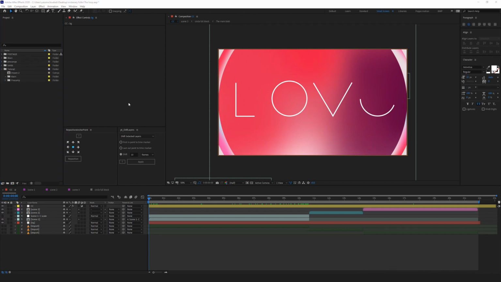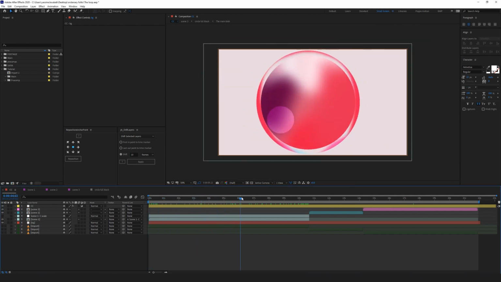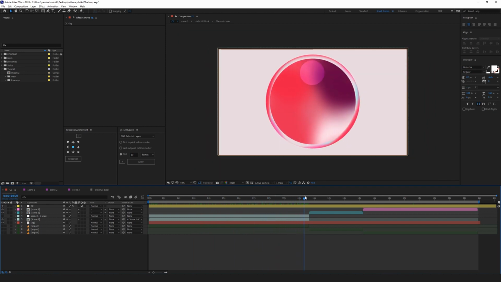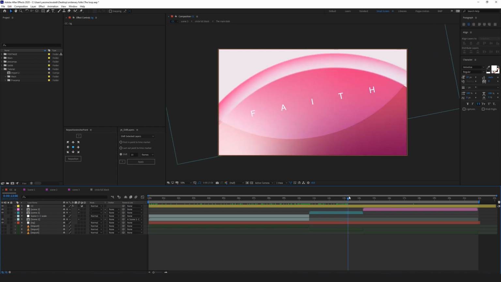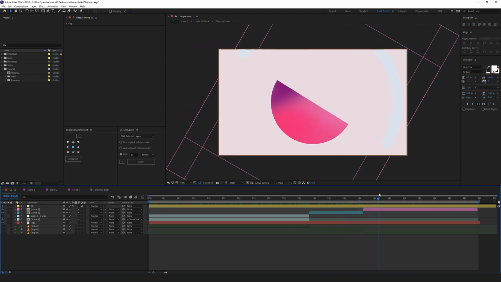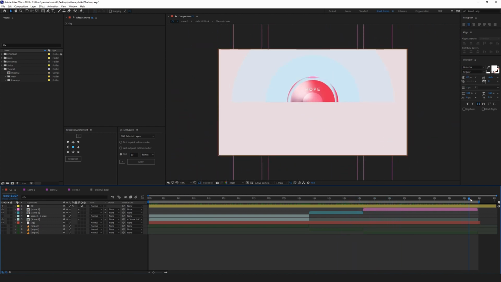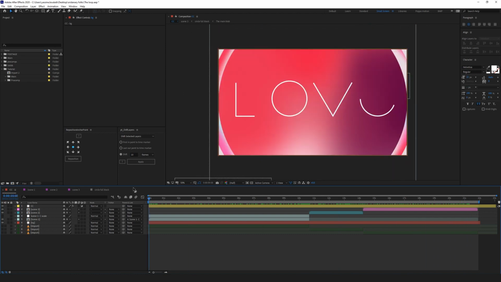Now that we have the project structure out of the way, let's talk about how the scenes are going to be composed. This is going to be composed of 3 scenes. The first scene has this big blob and the circle going in, and then we're going to have a hard cut to the second scene, which has this rotation with fade. And then we have the last scene, which will actually transition to loop everything together back to the first scene. So 3 scenes, and we're going to have fun with each and every one of them.